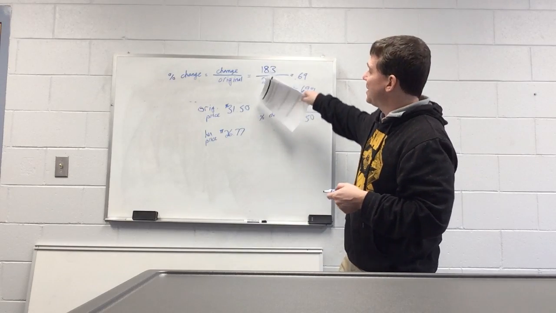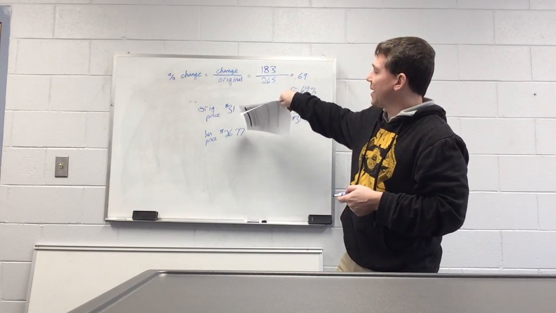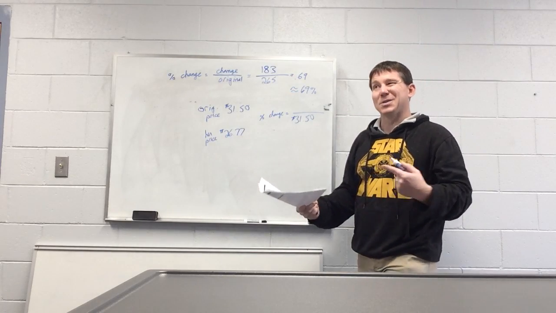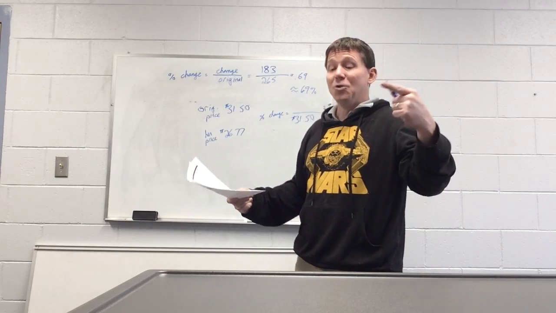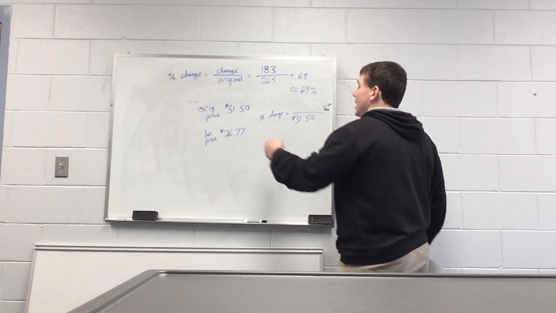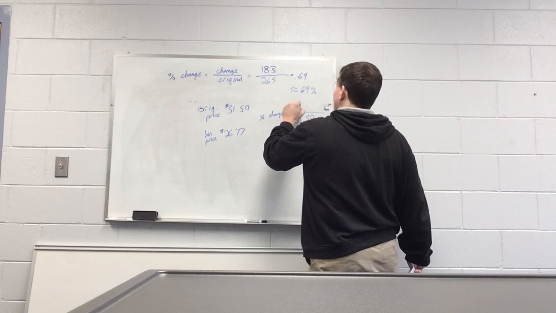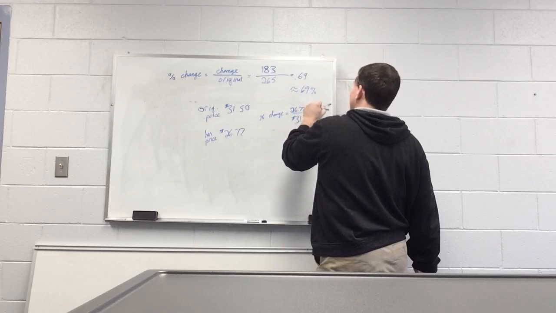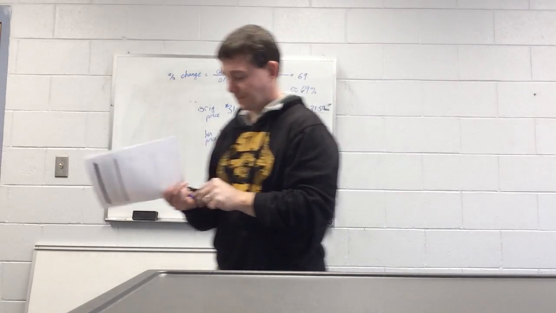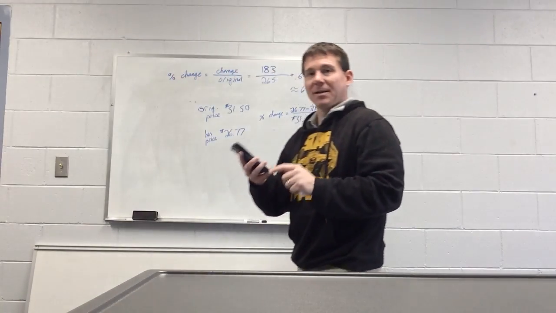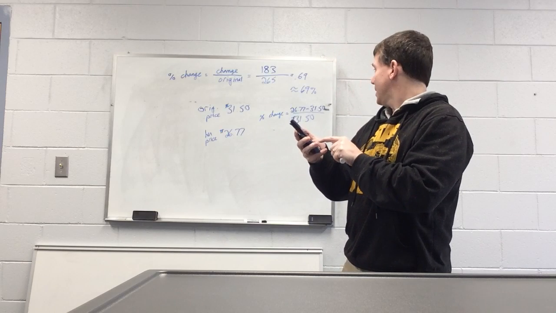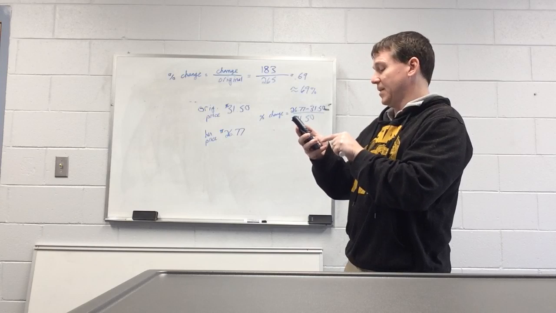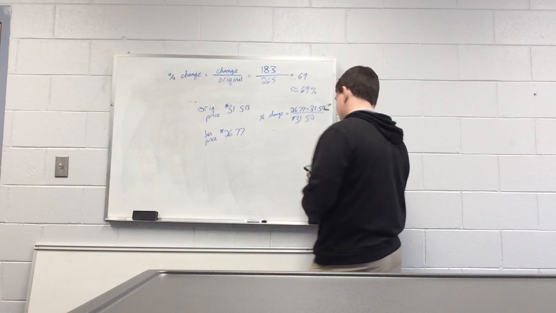The change is actually the difference between the original price and the price she paid, just like with our house, the difference between its new value and its old value. So here, I do $26.77, the new one, minus $31.50, the old one. And if we plug it into my calculator, 26.77 minus 31.50 equals